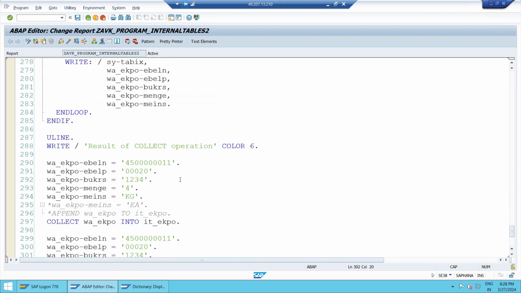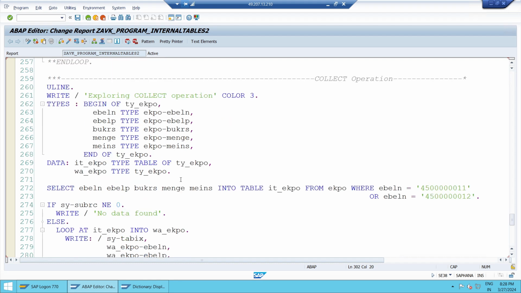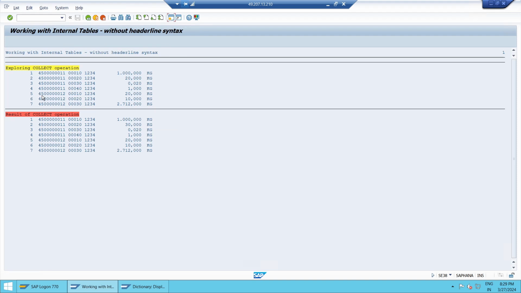So this is the way you can check your collect scenario, and you have to observe one important piece of information. I wantedly mentioned this change, this collect is reflected on this PO only, this purchase order only. There is no impact on 4, 5, all zeros 12. You have to see that 4, 5, all zeros 12 remains the same. There is no effect at all. Because we are more specific,